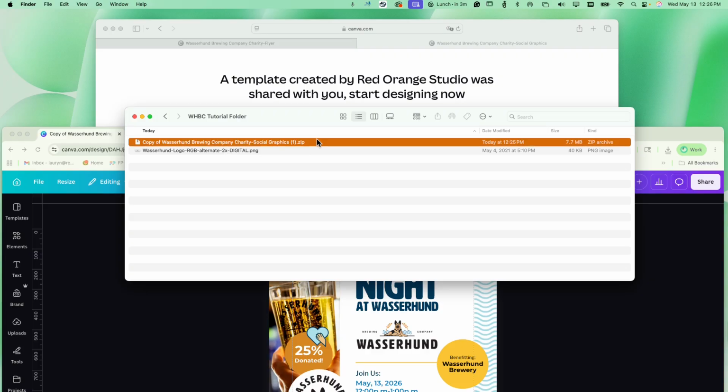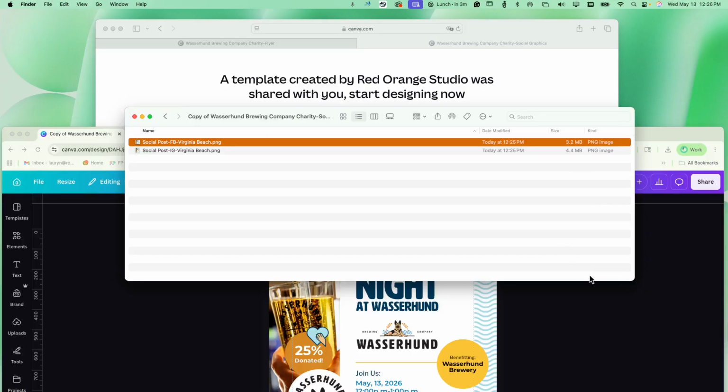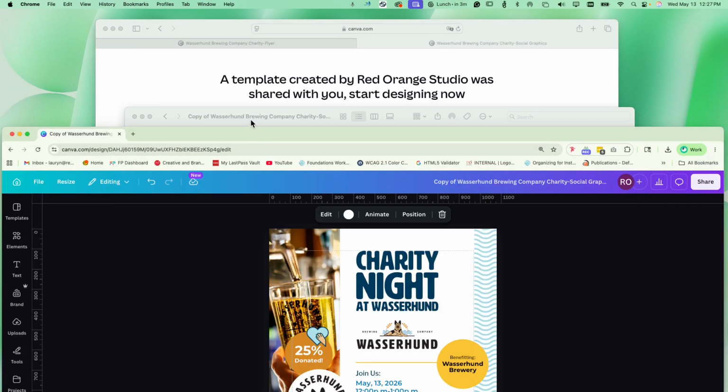So what you're going to need to do, and it should be the same for Windows as well, I just double click here, and then a folder is going to pop up. And then once you double click into that folder, there will be your graphics here. And so that's how you're able to make those changes to those